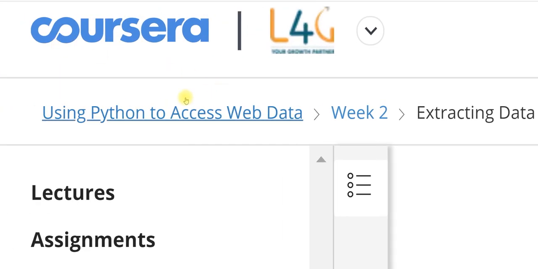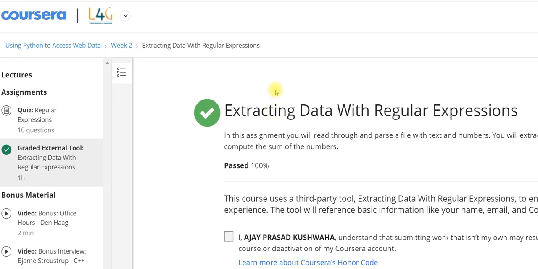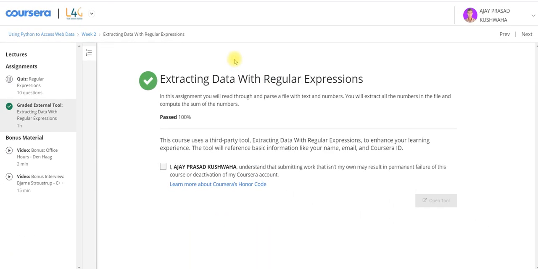Most of you are requesting me to suggest a way to complete this assignment, so I am completing it. Please look carefully so you can understand, and in case of doubt you can WhatsApp me or mail me so I can clear your doubt, or you can post in the comment section. You can see I have already scored 100% on this. I am going to solve it again and show you the entire process of how you can do it.